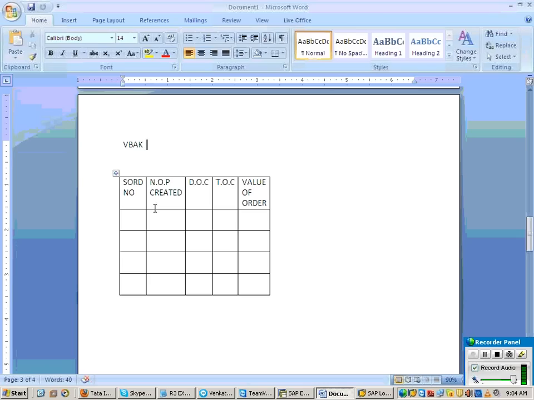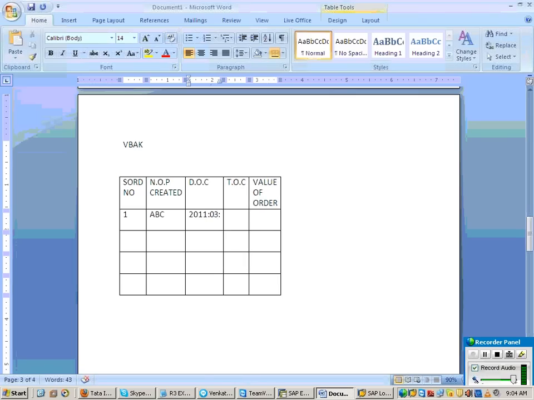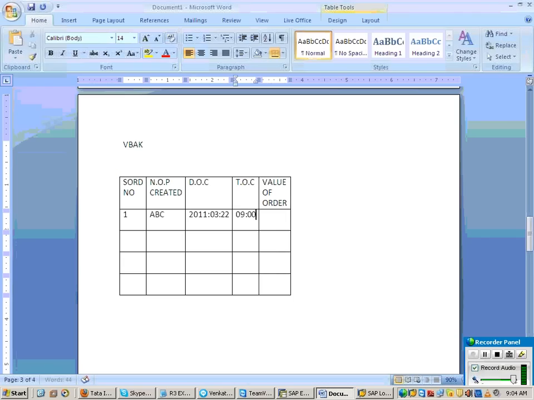Okay. So now see, this is your data. Suppose you have the time of creation, and let us say the value of the order. So this is your header table.